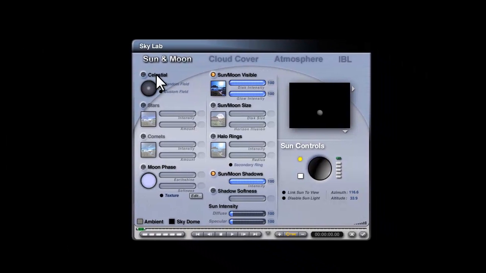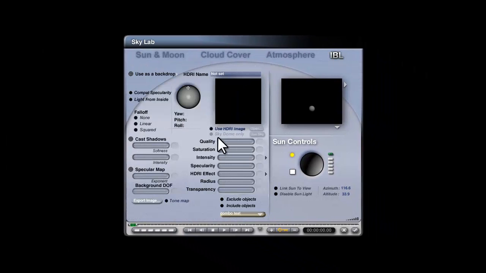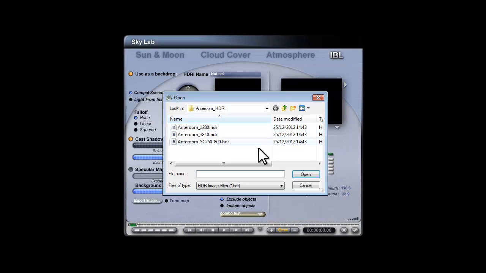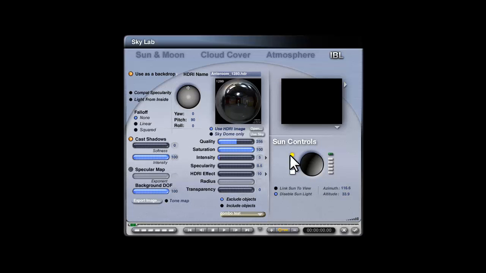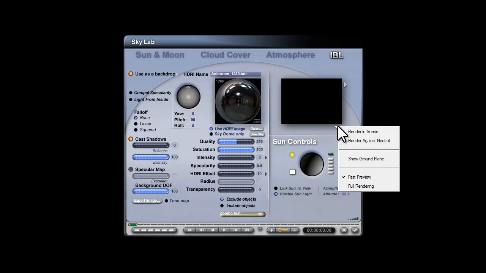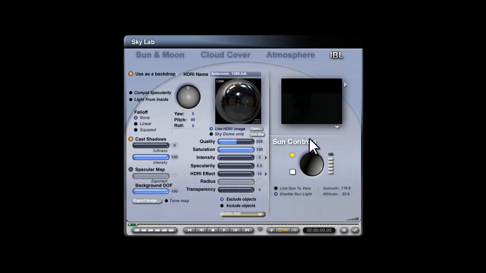So if I go into the Skylab, go image based lighting, click this blob here, use HDRI image, go open, and navigate to anti-room HDR. That's a medium resolution HDRI image made by Horo, and open that. It looks a little bit dark, but before making any adjustments, let's just have a quick look how it looks in the scene. So at the moment we can't see very much of what's going on in the scene,